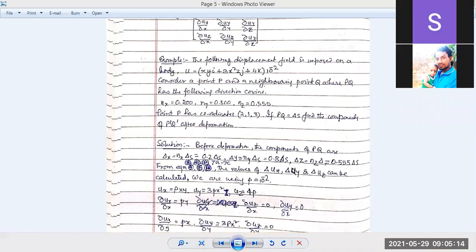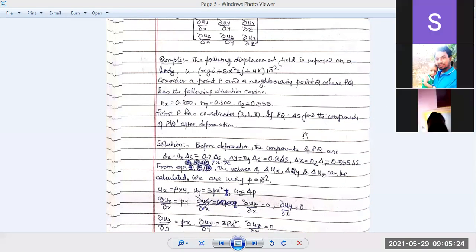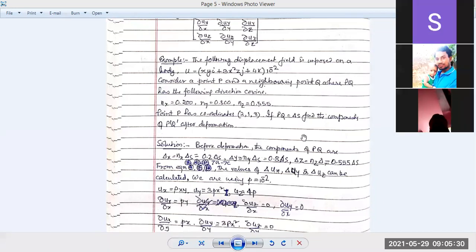We have not completed this problem yesterday, so let me quickly finish it. We are considering a certain volume of material which is placed in the space under